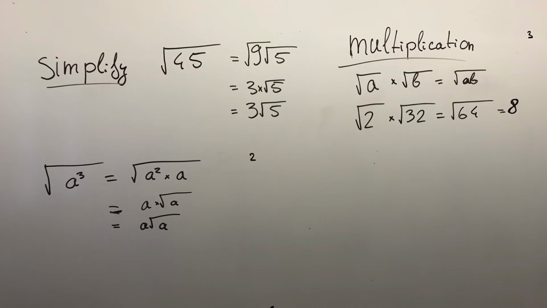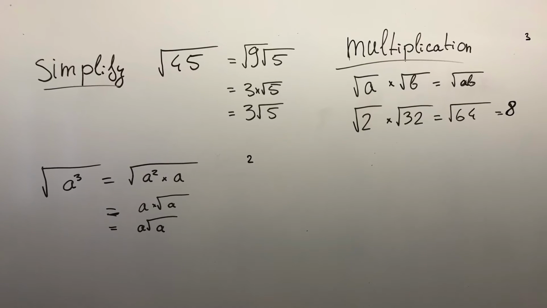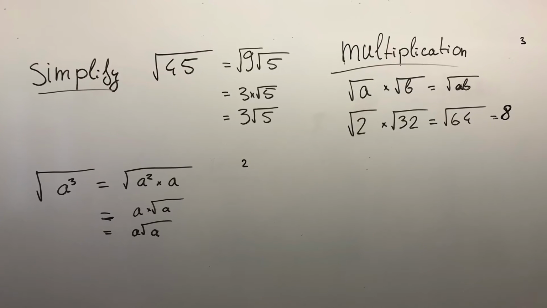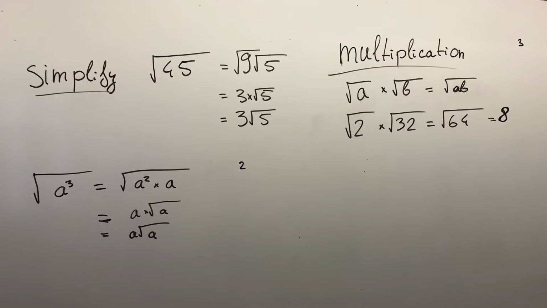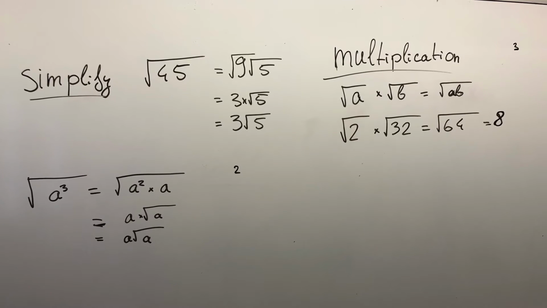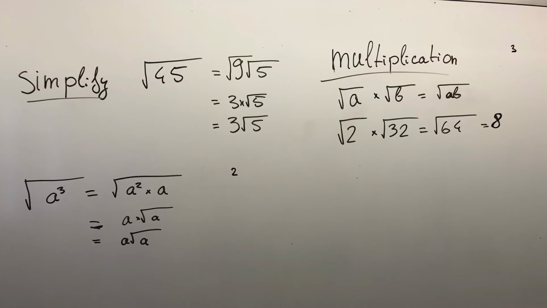Using this knowledge, we can simplify surds that are quote-unquote too large, such as the square root of 45. And the method to doing this is to break it down into its factors. And the two factors of the square root of 45 are the square root of 9 and the square root